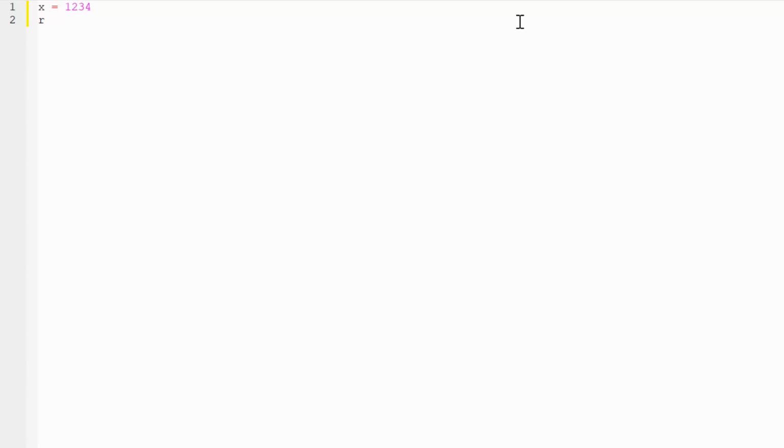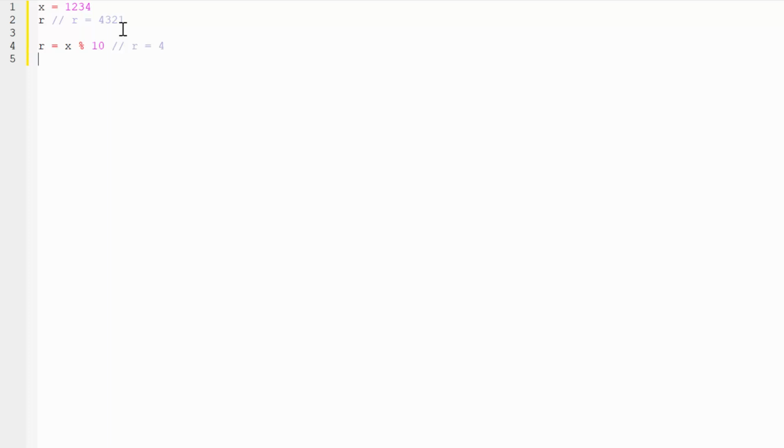Let's create new variable r, and I want somehow make r equal to 4321. So how am I going to do this? First, I need somehow to extract the last digit of x, 4, and put it to our new value r. To do this, I'm just going to assign to r the remainder of the division x by 10. And the remainder of the division x by 10 is 4. So after this manipulation, r is equal to 4.